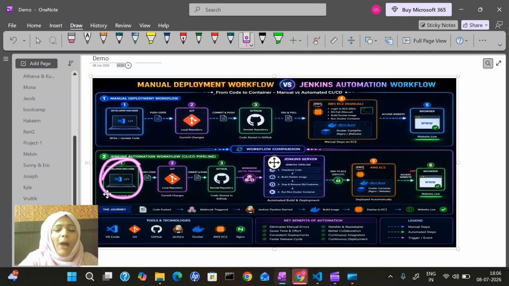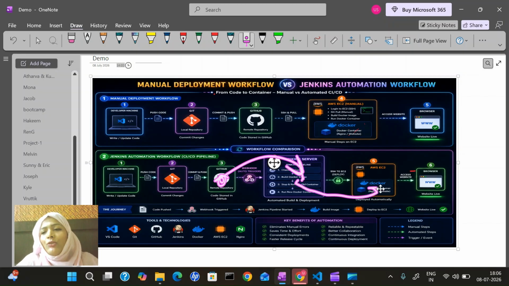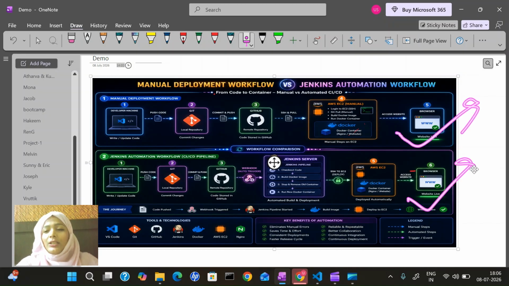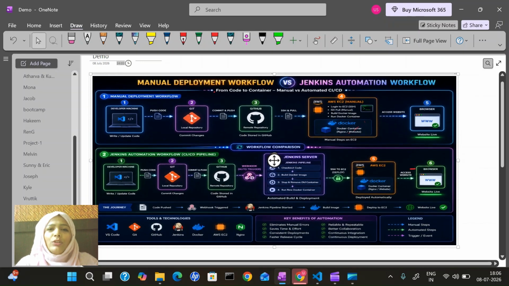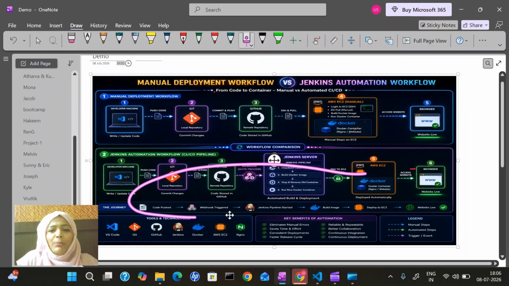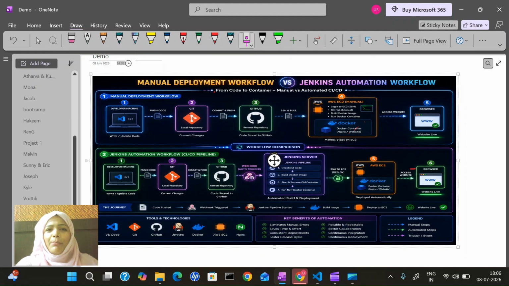Whenever the developer pushes any changes into the GitHub repository, it automatically gets pulled and updated into Docker, and we can see the changes live on our website. So all this code is going to become live, our website is going to be live hosting. Tune in with me to learn how the manual deployment will work, how Jenkins will work, and how both are different. So let's start with the first, which is the manual deployment.